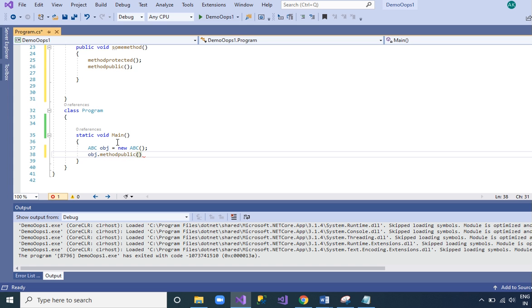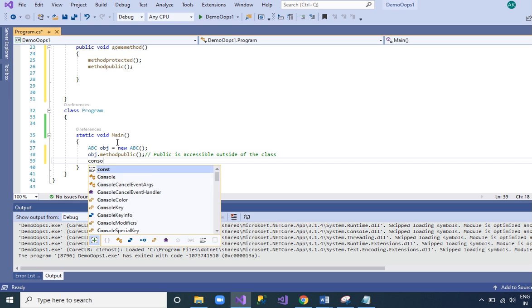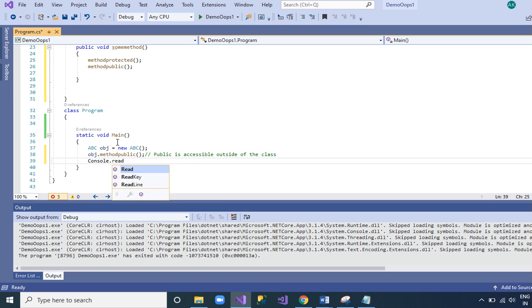So we can call this. Public is accessible outside of the class, not the private, not the protected. Now we can run this, with console dot read line, and build our program.